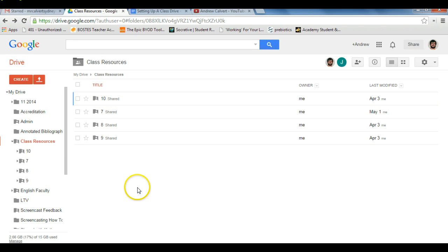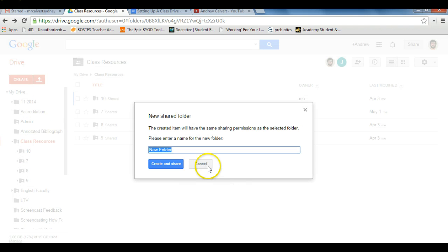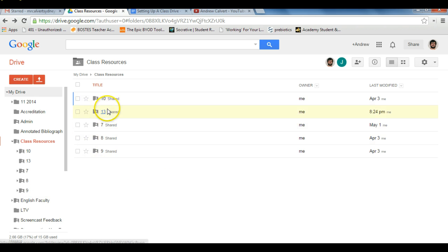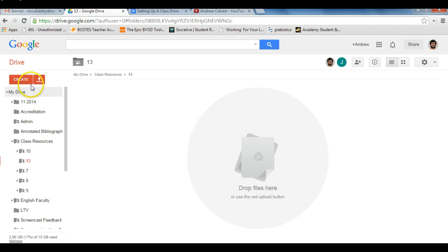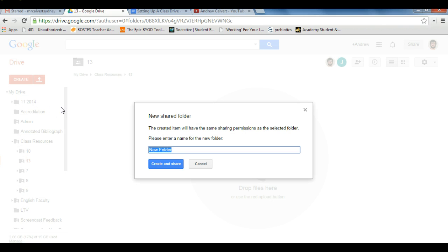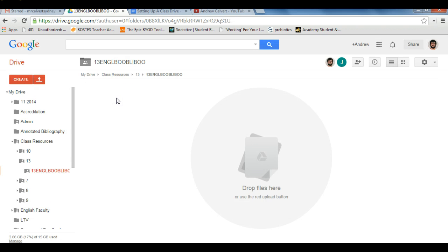But say we want to set up our imaginary class, we create a folder and let's call it year 13, for good luck. So we create that, pop in there, and create a slightly more detailed name. So 13 English Boobly Boo. That's our class. Then we pop inside that,